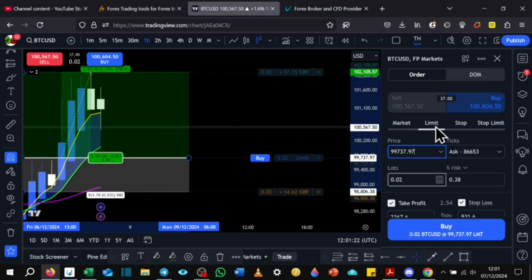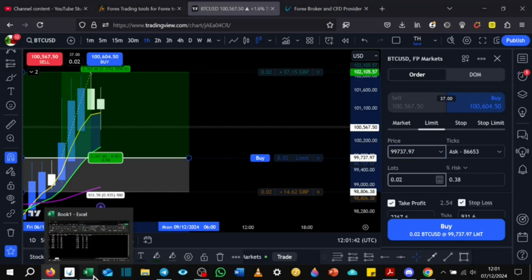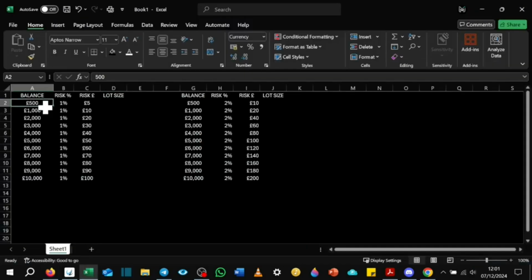The limit is going to be a buy limit, because we are saying we want the market to come down here. If it hits this level and we're in the trade and we're looking for it to reverse, and then as soon as it hits the previous high there, we want to be taking out the trade, and hopefully that will be a winner. Now, with the example of the £500